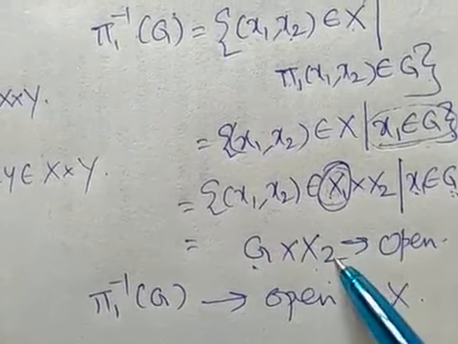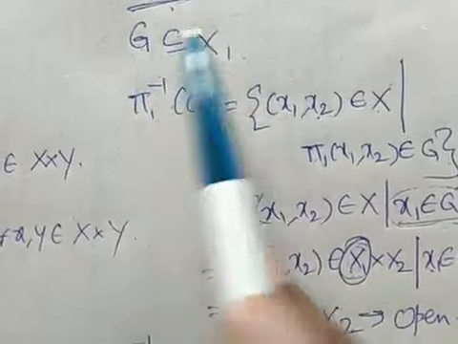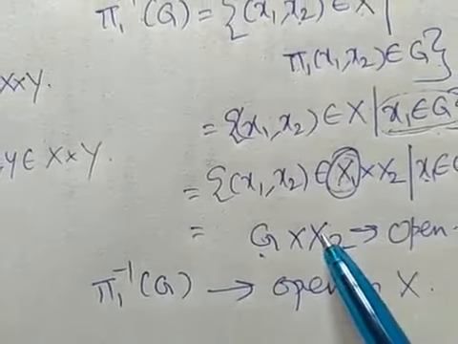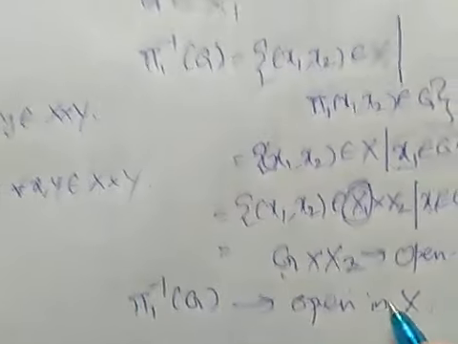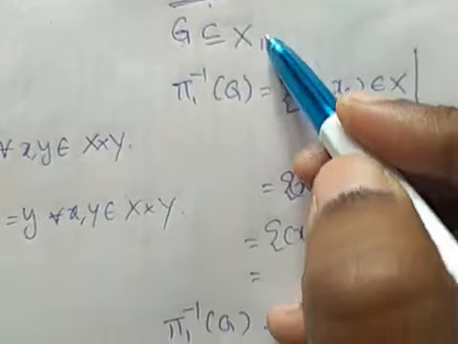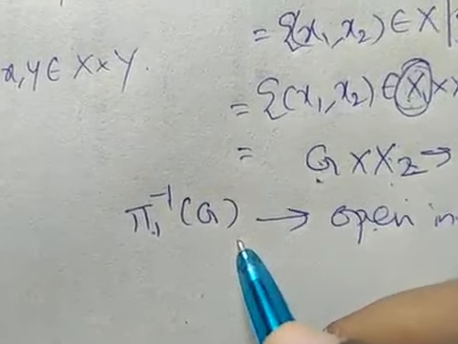Therefore we will get G cross X2. G is open in X1, X2 is open, therefore G cross X2 is open, therefore phi 1 inverse of G is open in X. Whenever G is open, phi 1 inverse of G is also open, therefore